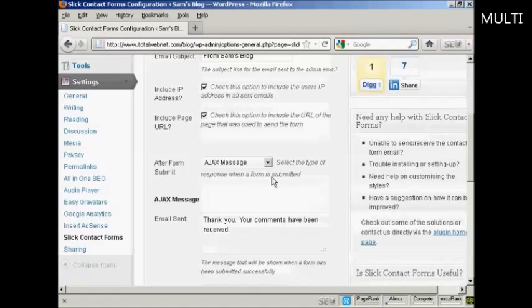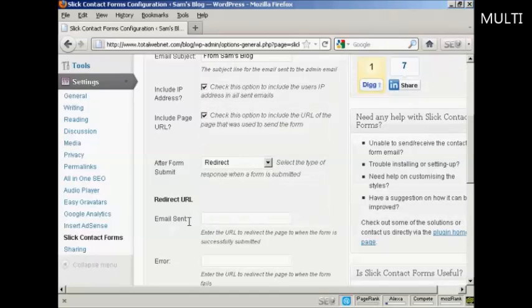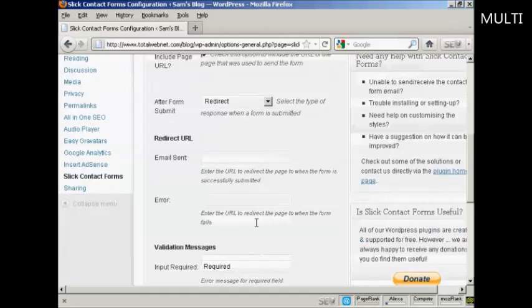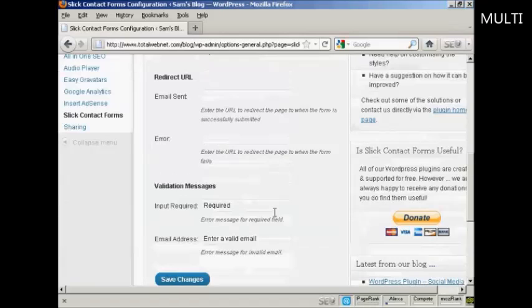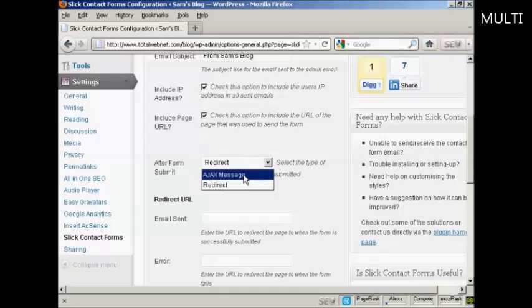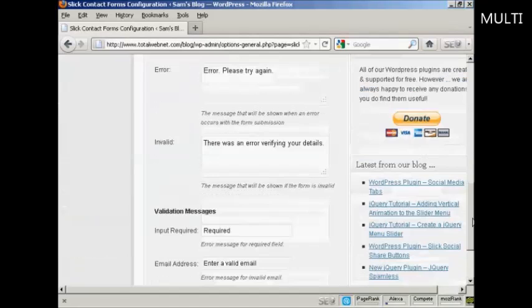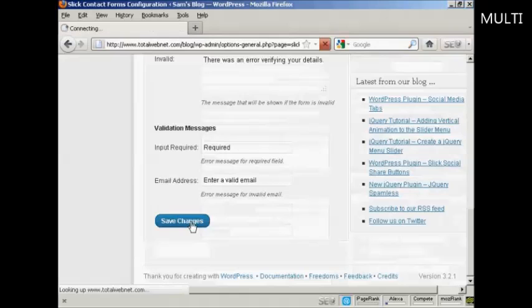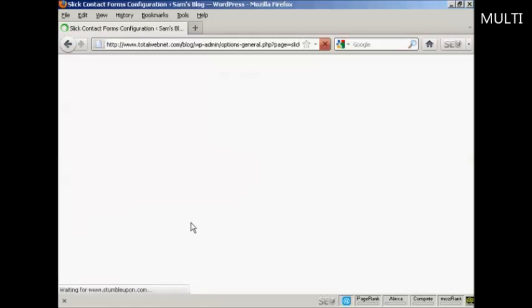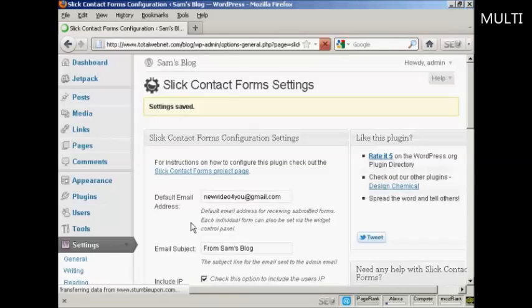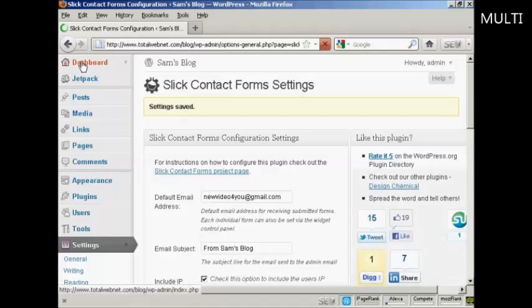You can also, if you wish, have a redirect, and you can enter here the URL of the page that you want people to go to after the email has been sent, or if there's an error, and so forth. I'm going to stick with the AJAX message and then click on Save Changes. There we go, the settings are saved. So I go back to the dashboard,